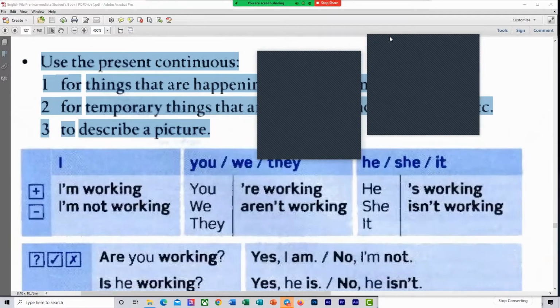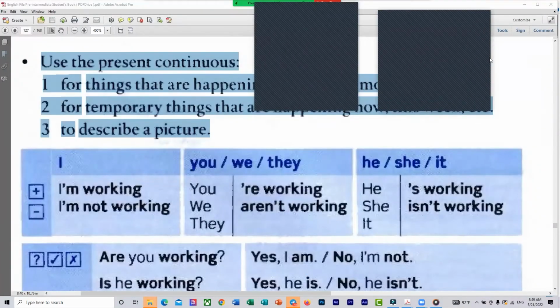Do you have any questions before I go on to another point? Which point are you not clear on? Let me know. Sure. I have a question on number 2. Okay, so let me clarify again. For number 2, we talk about something temporary. For example, now,